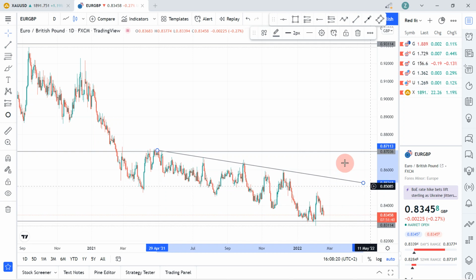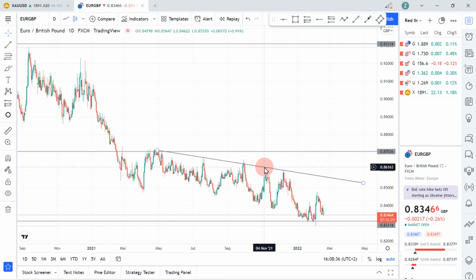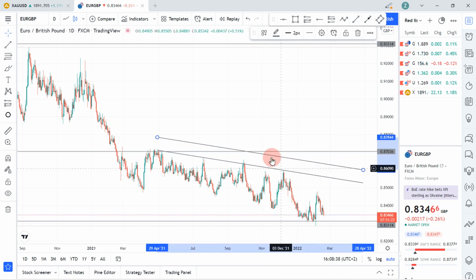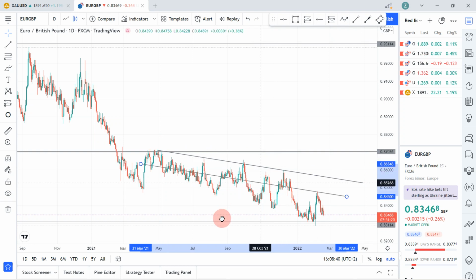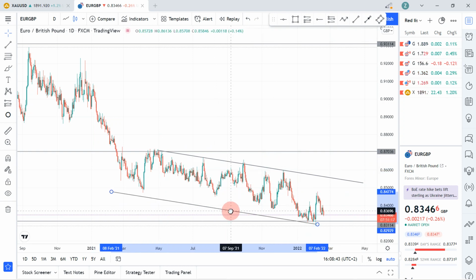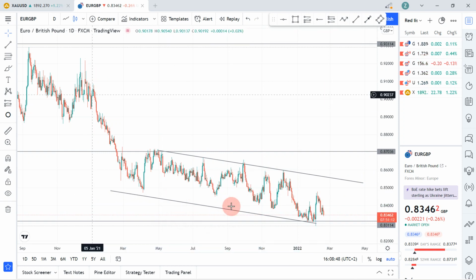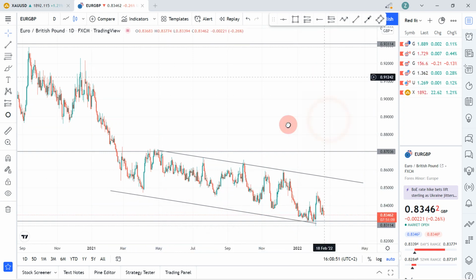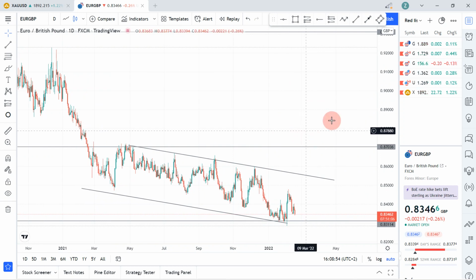So I use the weekly time frame to identify major key levels, and from the daily time frame going down, I use it to draw my trend lines and everything. So here I see that the market is in a descending trend. So this is a descending wedge, if I'm not mistaken. And then the next thing I would do is to draw my zones,